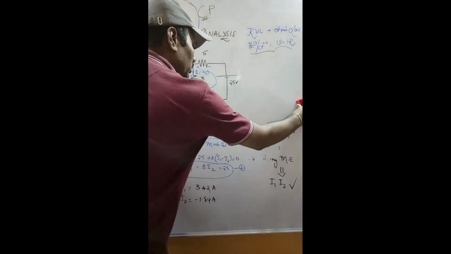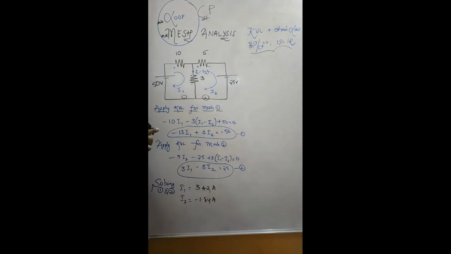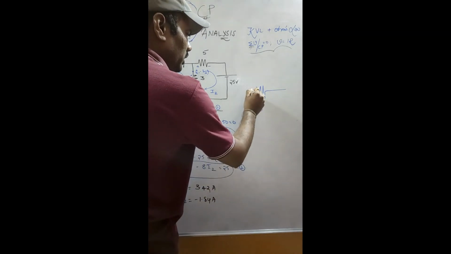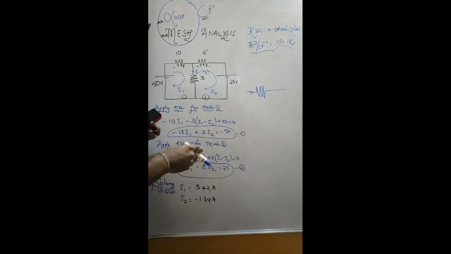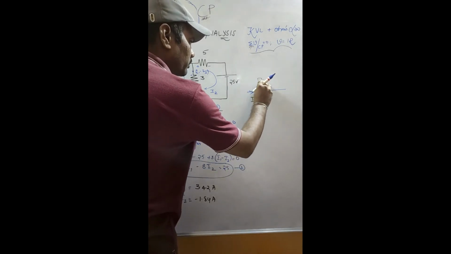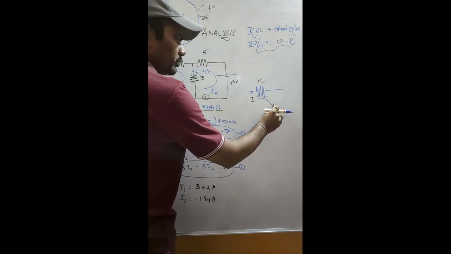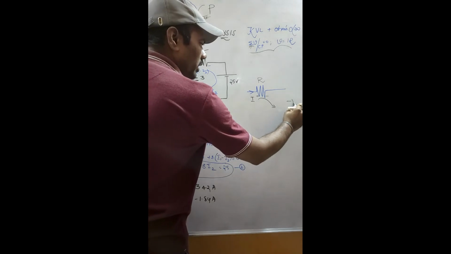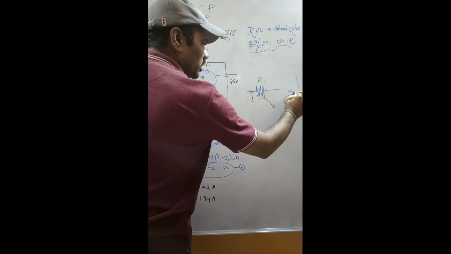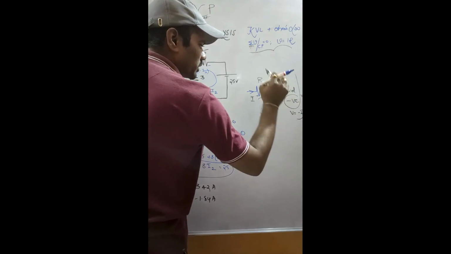Moving on to this mesh analysis, you have to know one more basic thing. Let me choose one resistor, maybe like this, with the current traveling across it. I can assume some polarities, positive and negative, and the resistance value is R. When current travels from positive to negative, it's a drop. I'd like to assign negative polarity, and this is the voltage drop: V equal to minus I into R.